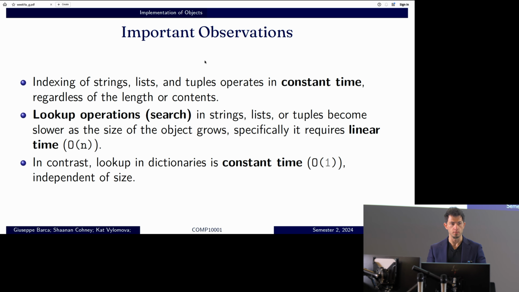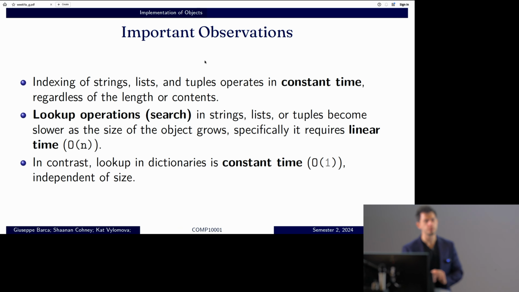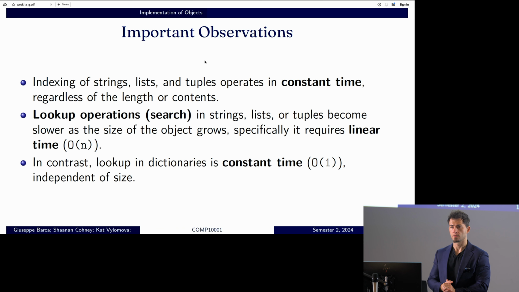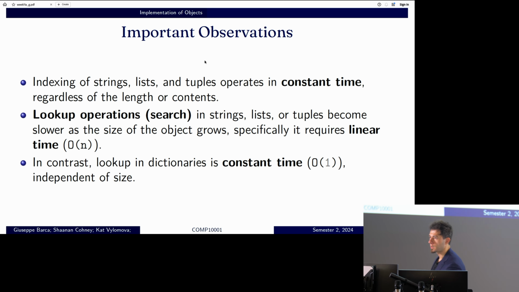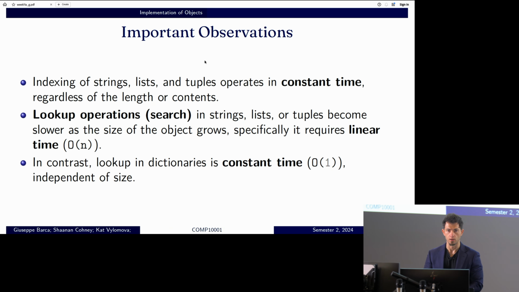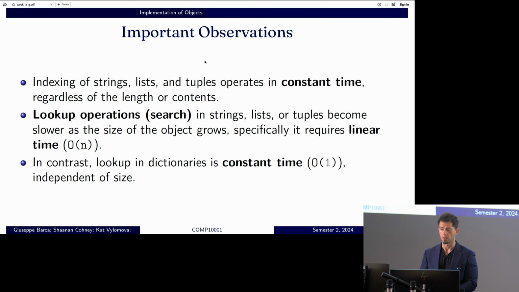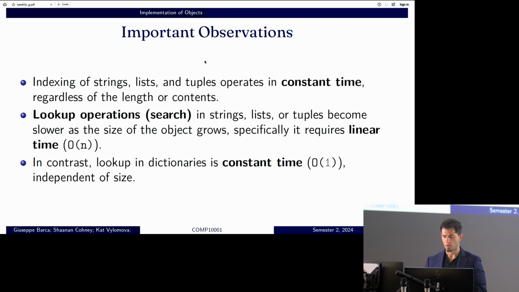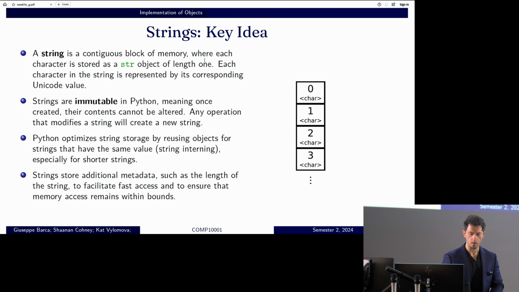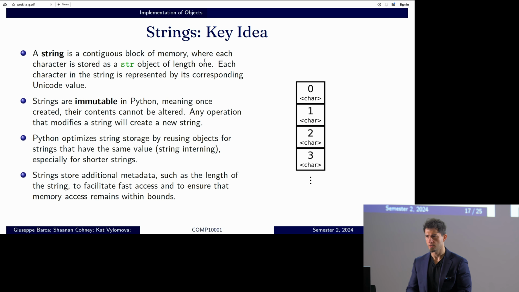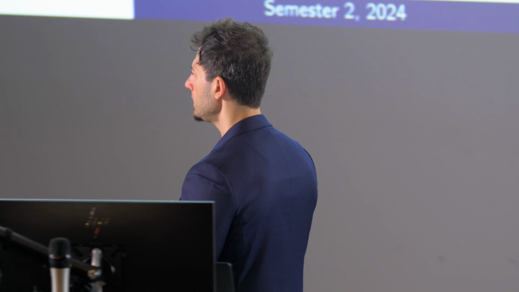Constant time means my container grows, but it will always take the same time to access that particular value given a key. And so we want to understand why this is the case. To understand this, we're going to look a little bit more in detail at how these data structures are implemented,